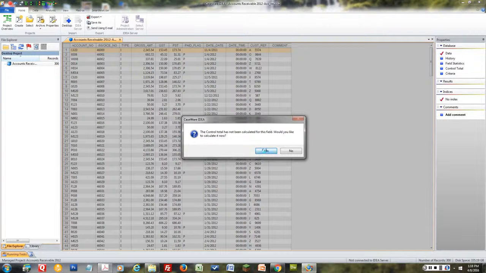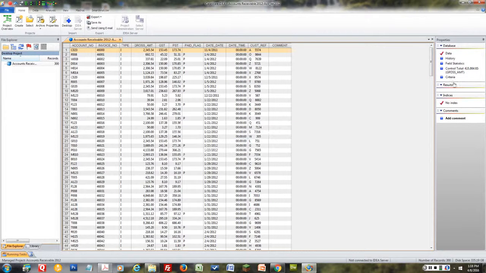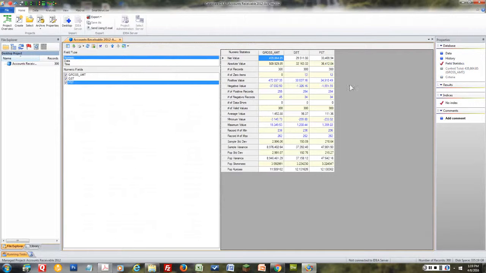And it's been calculated. Now I've calculated it. I've got a control total of $435,864. That's the amount that's in it. Now if I go into the field statistics, same thing as was going on before, I can look and I can see all of these. And here's what I can see: there's 300 records with a net value of